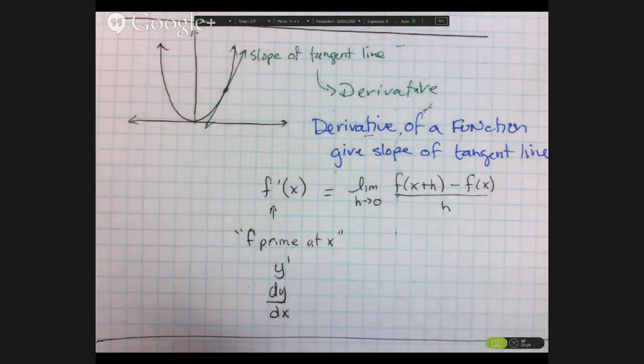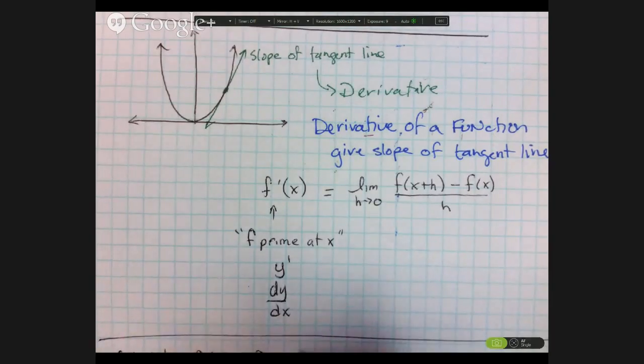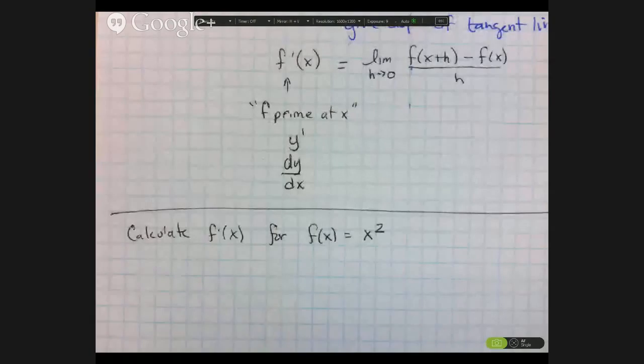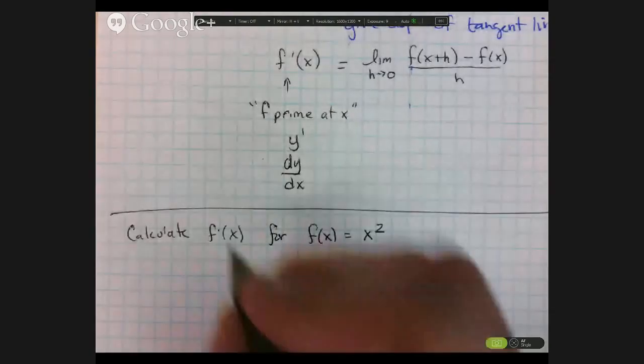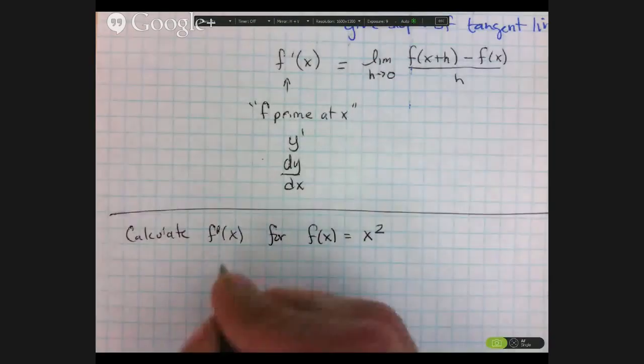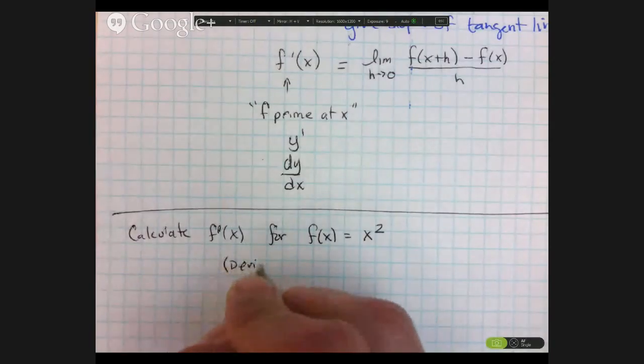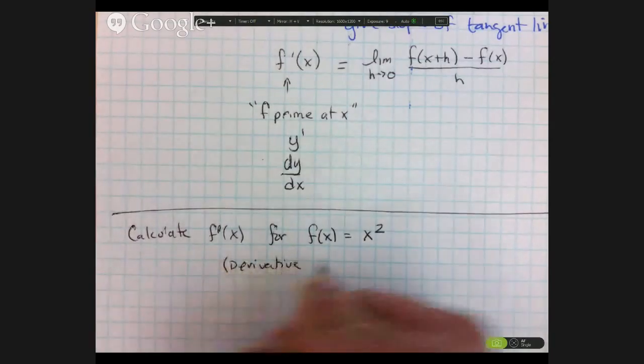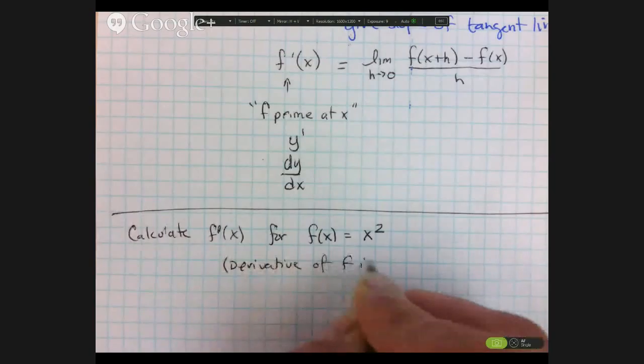Let's say calculate f prime of x for f of x equals x squared. We'll start easy. So we're trying to find the derivative of f. All right, so if I were to note that, the derivative of f is